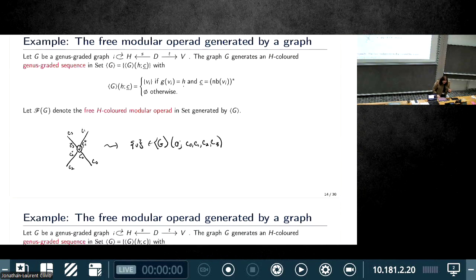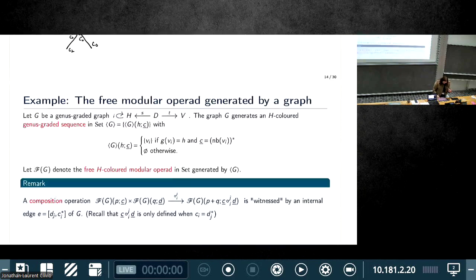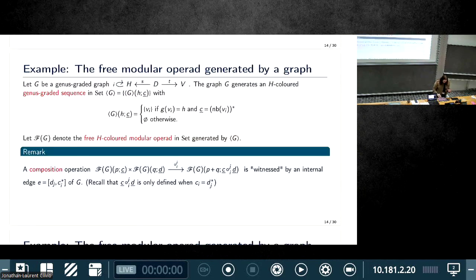And what does this actually look like? So the point is, why do I have the duals in my definition of the modular operad, and why are the duals in my definition of the graph? It is because, for example, the composition operation is going to be witnessed by some internal edge of a graph if and only if I've glued together Ci and Dj to make that edge. So, for example,